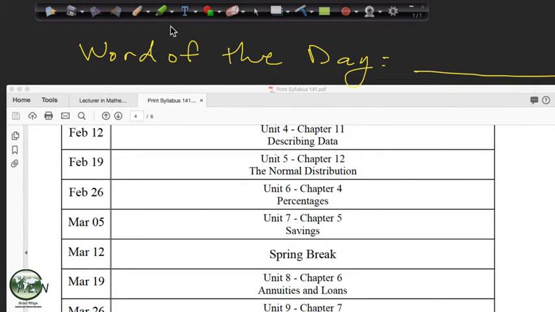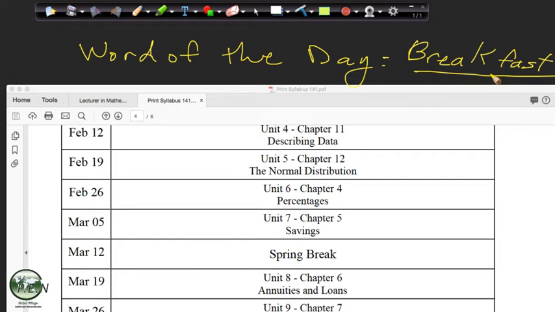So what should we have for our word of the day for attendance? What's the first word that came into your mind when you woke up this morning? Breakfast. All right. So we'll use breakfast. I think we already used that one. So we'll do breakfast too. That's usually the first thing that comes to my mind too. Breakfast is fine. We can use it more than once. We like to eat breakfast more than once, yes.